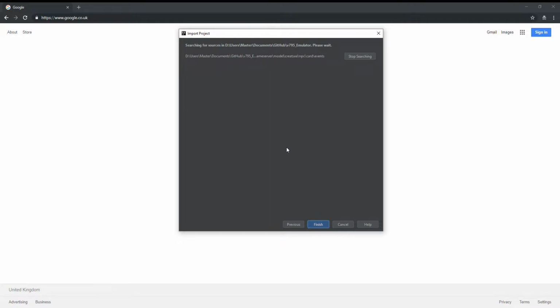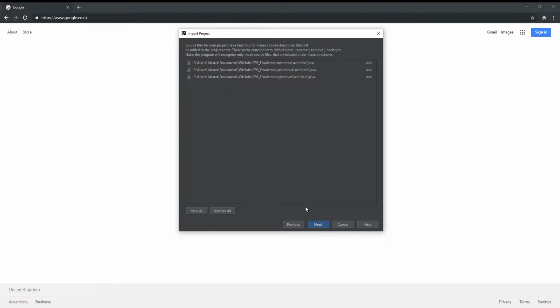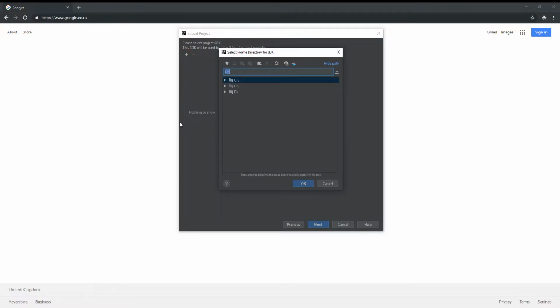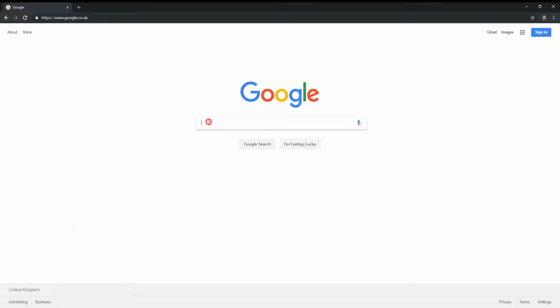Next. Wait for this to finish. Make sure all three are selected. Click Next. Next. Next. And add your JDK. In case you don't have the Java Developer Kit installed yet, go to Google,